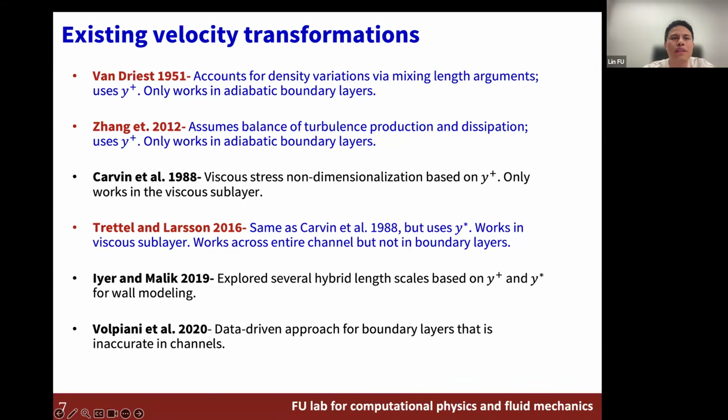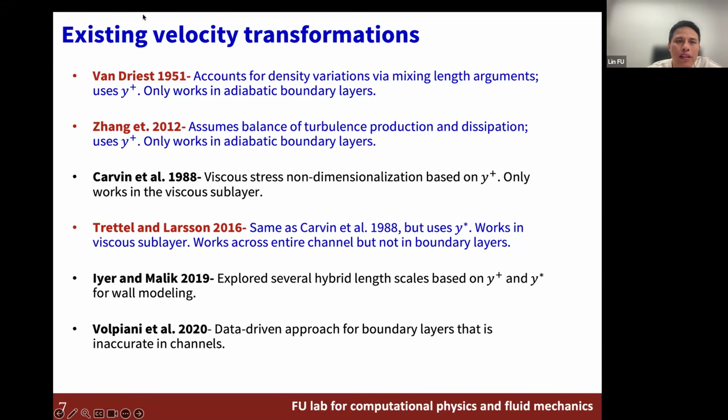So alternatively, we want to develop a so-called velocity transformation. We want to transform the compressible velocity profile into the incompressible counterpart. Because we have the incompressible law of the wall, if we also have an effective velocity transformation as a bridge, then that is equivalent to saying we also have the compressible law of the wall. Okay, I repeat again, you have an incompressible law of the wall, right? And if we also have an effective velocity transformation to connect the incompressible and compressible flow, then that is to say we equivalently have the compressible law of the wall. This is the indirect proposal.